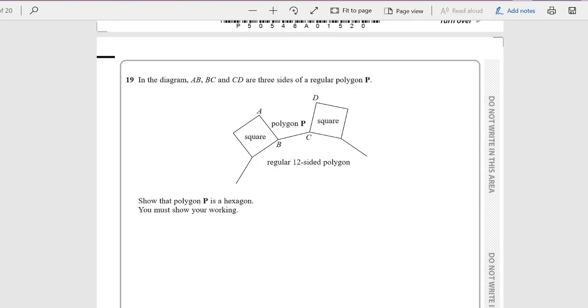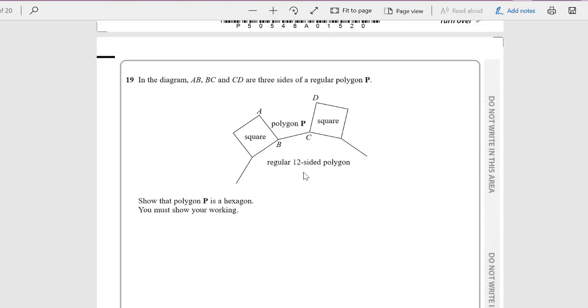Question 19. In the diagram, A, B, B, C, and C, D are 3 sides of a regular polygon P, and show that polygon P is a hexagon. You must show your working out. Okay, so